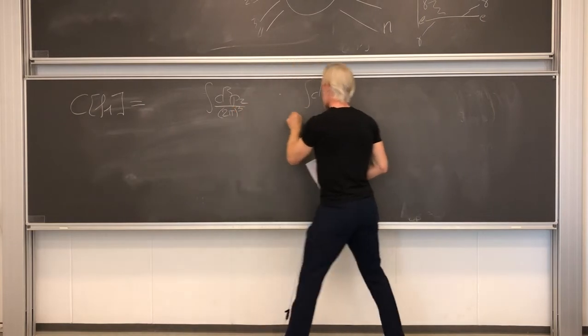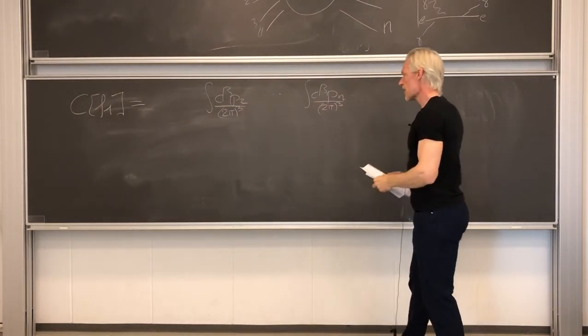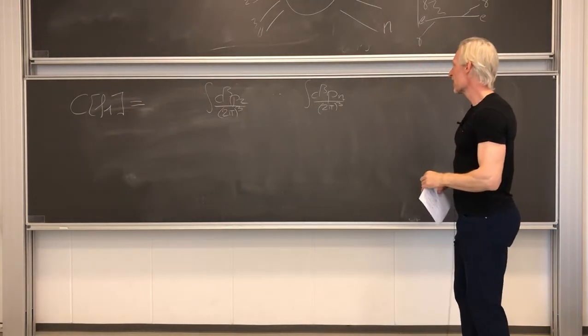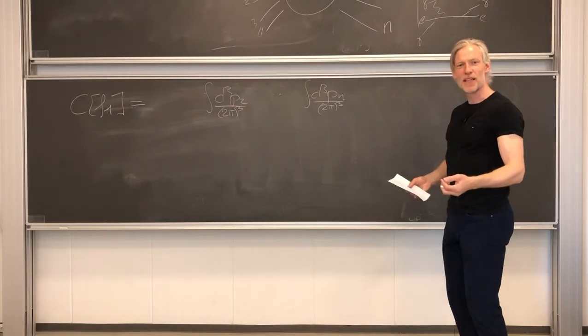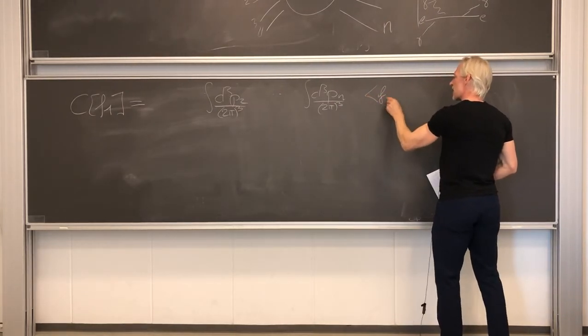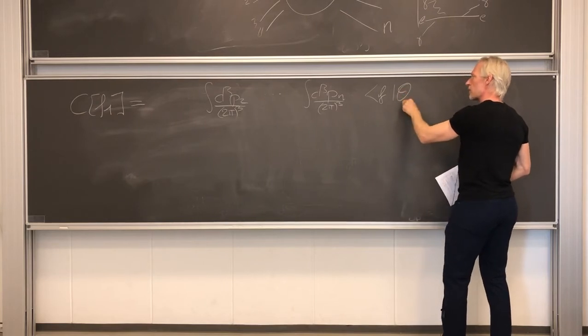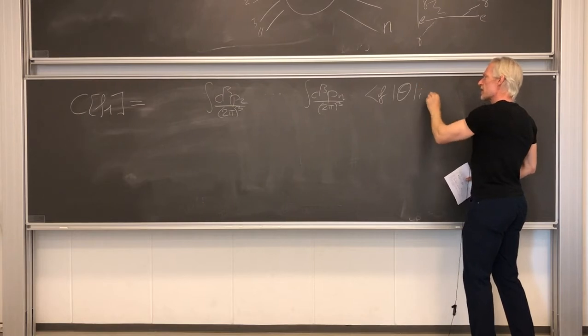Then I need to normalize with the phase space volume here. Okay, so that's at least one part of it. Then of course I need to also put in the matrix element for this interaction, right? So I need something like a final state, then an interaction operator of some sort here, an initial state, and